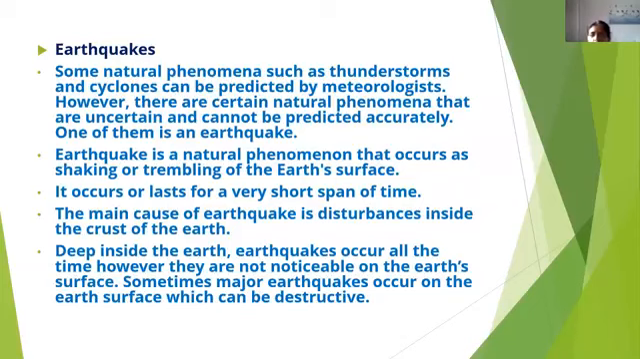And earthquake is a natural phenomenon that occurs as shaking or trembling of the earth's surface. It lasts for a very short span of time. And what is the main cause of earthquake? The main cause of earthquake is disturbances inside the earth's crust. Other than this, we have also seen various other causes like volcanic eruption, nuclear explosion under the earth's surface,